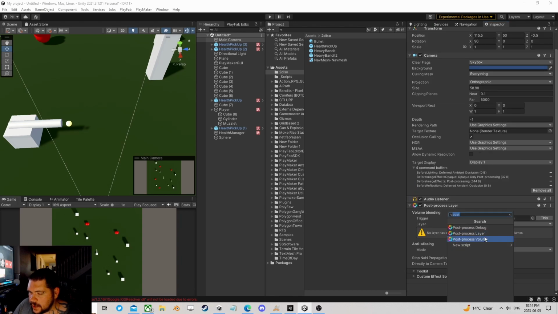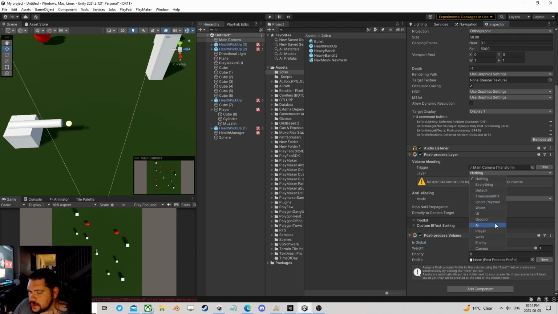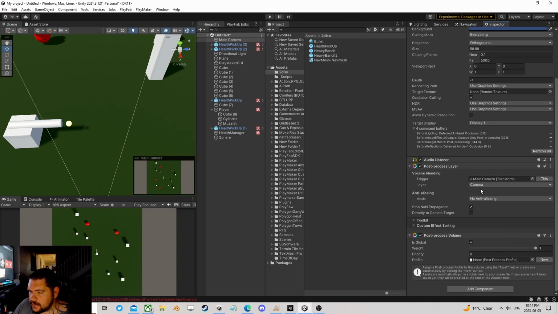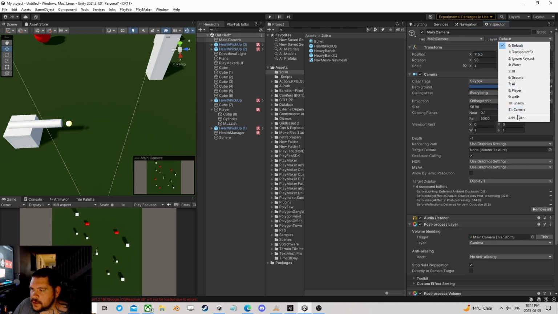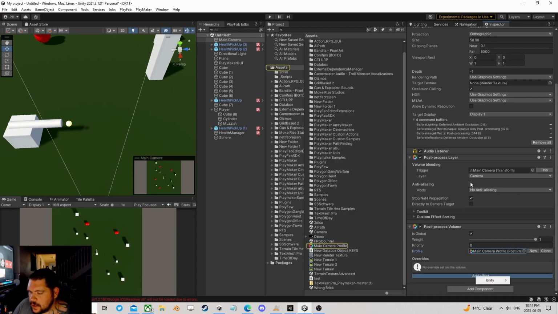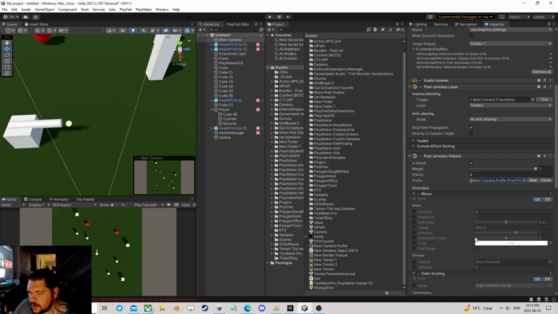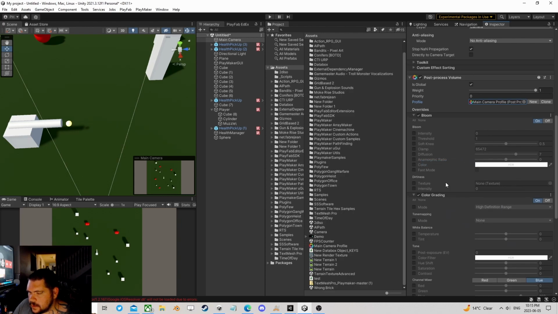Okay, I'm going to add a layer and a volume. You don't need to add the volume on the same object, but I'm going to on this anyways. So let's have a camera layer, right? There's going to be a layer for the camera. Let's make sure the camera's actually on that layer, and let's add a new profile. There we have. There's our profile, and let's add bloom. And you know, let's even add maybe some color grading. So bloom, bring this down, crank that up, 0.7,